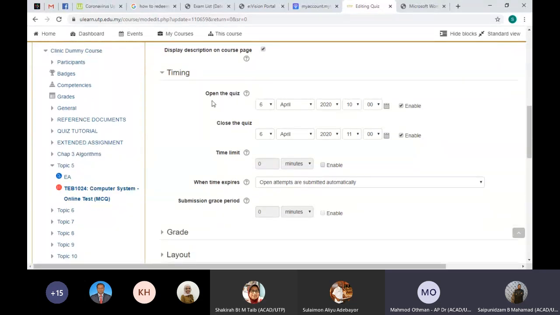For the timing, I'll just focus on the open and close quiz. This one you have to refer to the exam unit timetable, so you have to set accordingly. For my example, my test is going to be on the 10th April. It's going to start at 10 o'clock till 11. We would advise you to put an extra 5 to 10 or 5 to 15 minutes